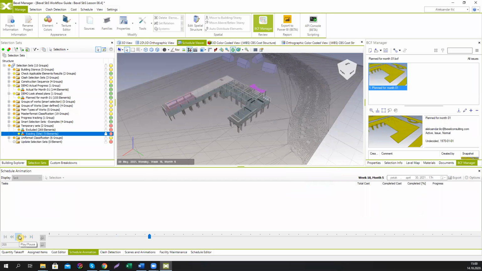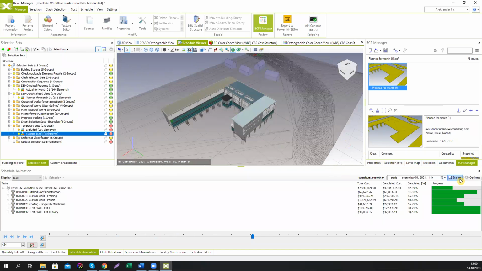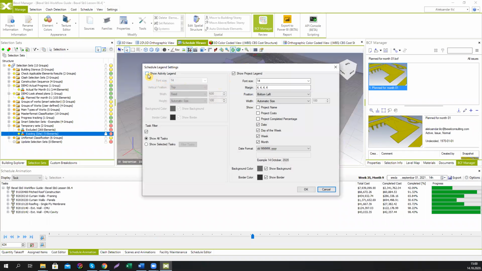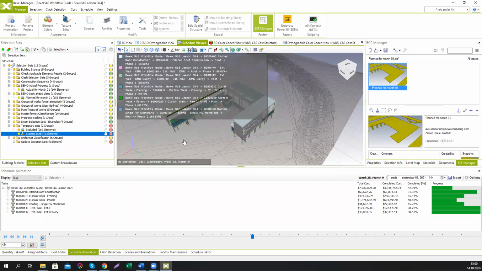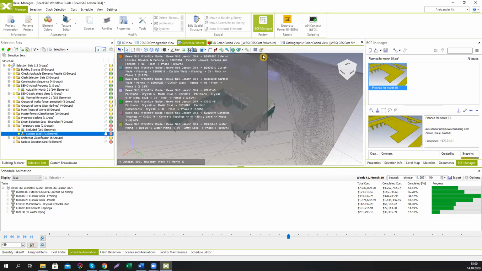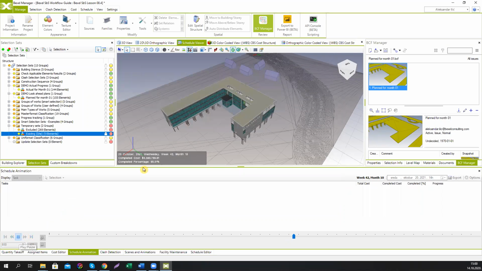So those are the basic settings. In the exercise material, you can find much more about it. You can find all the ways you can actually manipulate this animation. You can set the legend, the activity legend that will show all the activities listed on the project and their percentage of completion. You can define the size and the colors on this legend. You can also include project overall costs and completed percentage as well as information, which you can see here